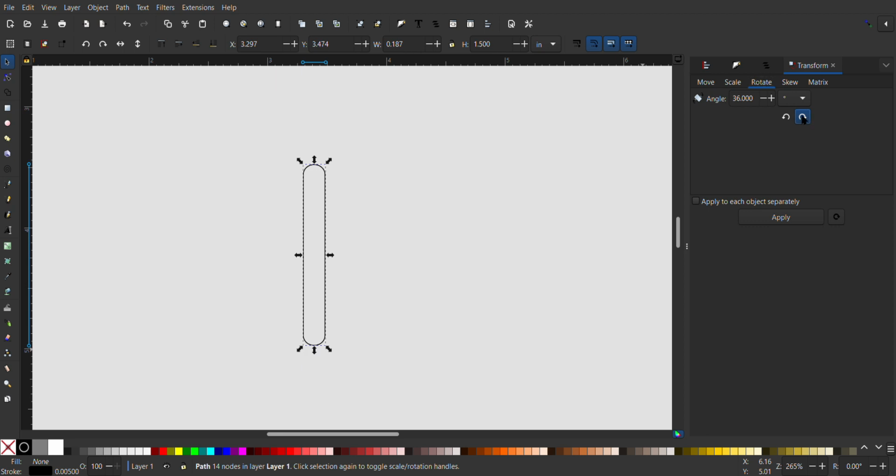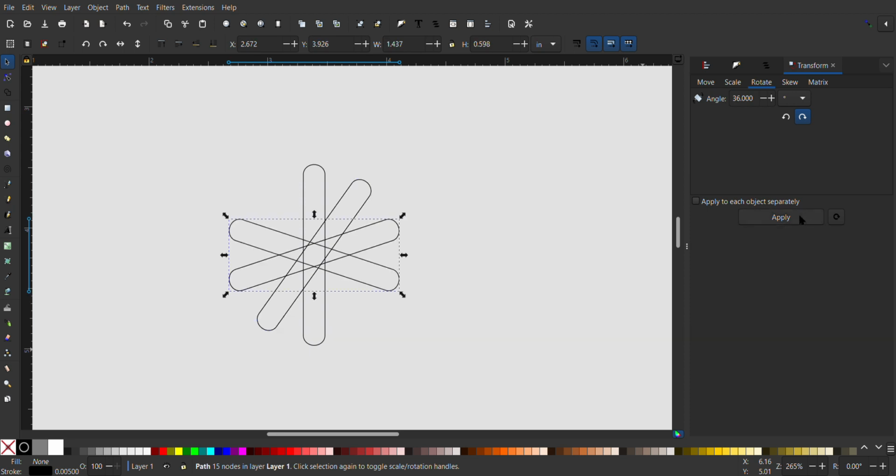So you can hit whichever way you want it to turn, it doesn't matter, and hit apply. Now I'm going to hit Control D again, apply, Control D, which is duplicate, again, Control D, boom. Now I've got all my tines. I'm going to select all, path,